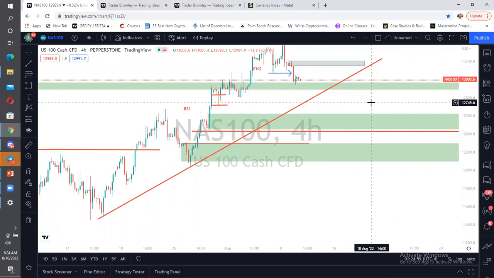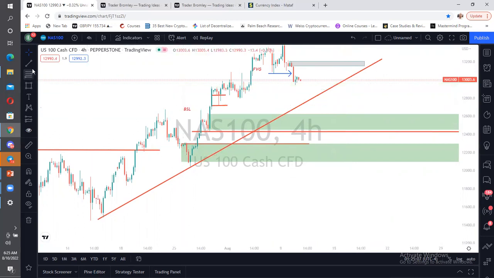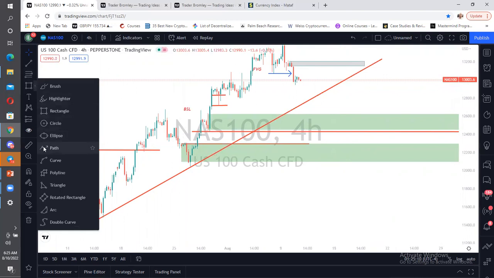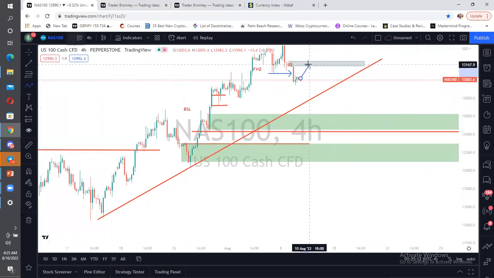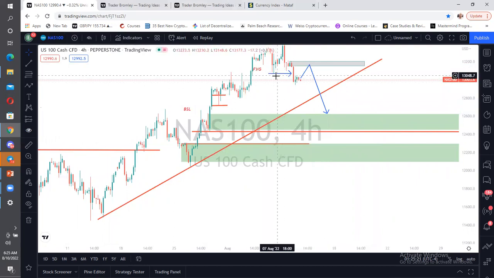This is the OB that has imbalance. All right. So we're thinking of taking this trade when I see this market hit this particular level, so I can get a discounted entry here before I think of taking this trade to the downside. So it has changed character here. So I want to see a pullback to this level, then before I take a trade to this particular downside. That is what I'm expecting from this trade.